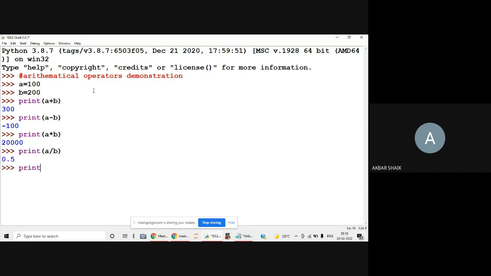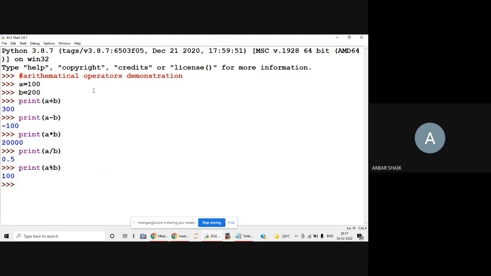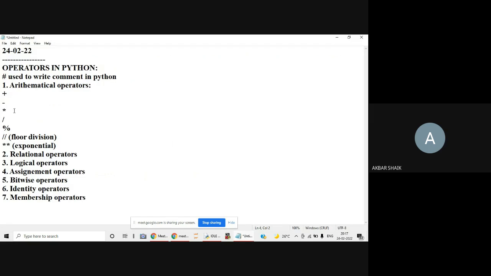Next, modulo, that is A mod B. Mod means, I think all of you know what mod is. Mod is going to return the remainder. Okay, so mod is going to return the remainder. Example: